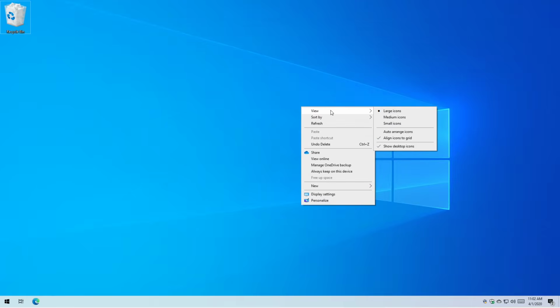If you are someone who likes to have lots and lots of things on your desktop, you might want small icons just to make sure that you can fit as many on there as you want. Large icons for me works great because it makes the recycle bin a bigger drag and drop target for when I'm cleaning things up. If you have lots of different things on your desktop, you can change how they're sorted,